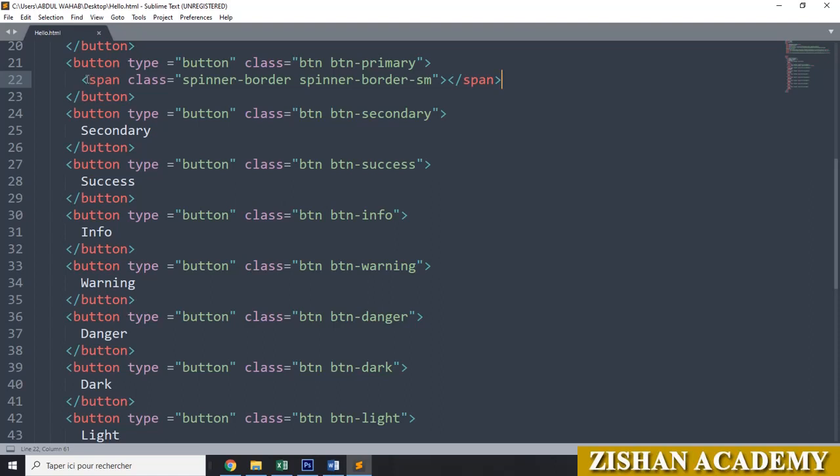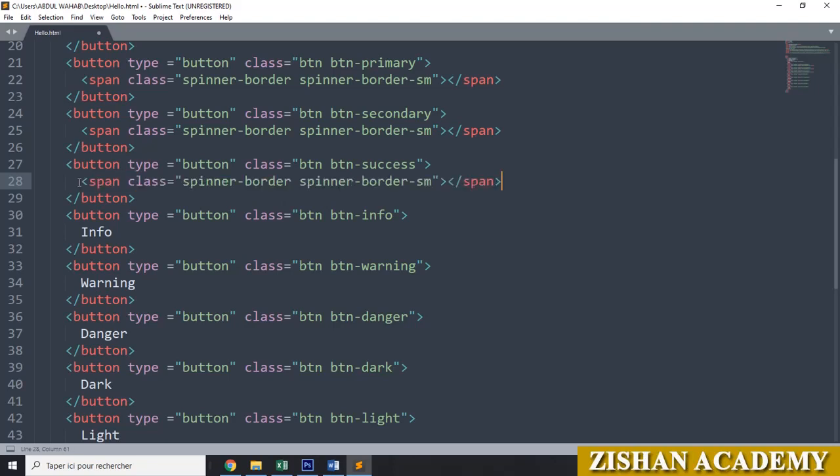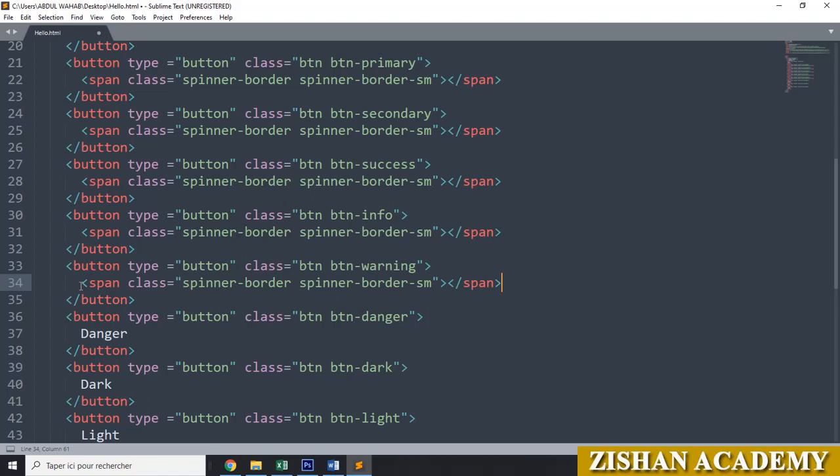Just you have to copy this one, span class, Control C for copy, paste it here, paste it here, like this you can paste in all the place in the content.